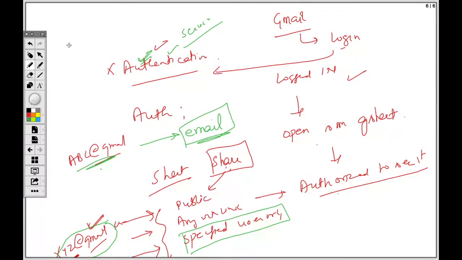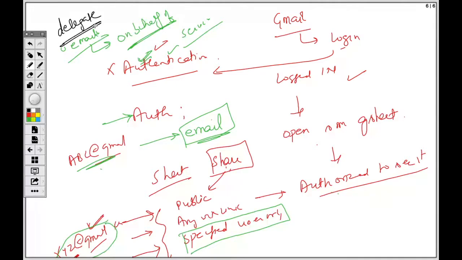You must have seen one more thing in Gmail, that you can give access to another email ID so that they can read your emails. In settings, you will see, I do not remember the name of the service, "on behalf of". Whenever you send an email from that, you will find this written there. So that is basically authorization. You are authorizing someone with a different email ID who can read all your emails. Yes, I remembered it. It is delegation. You can delegate your accounts to different accounts. That is authorization. You are authorizing someone else to do this thing.